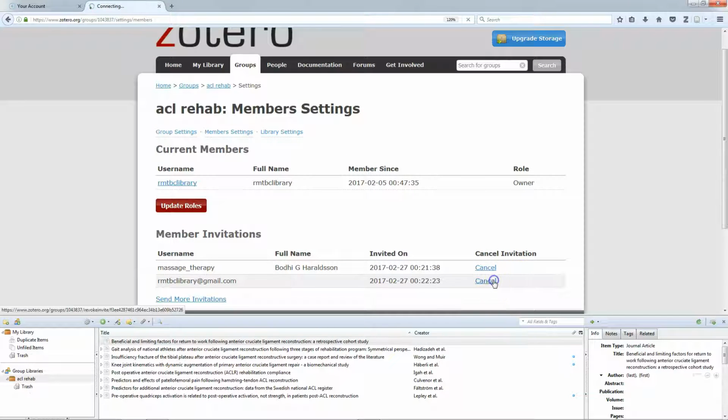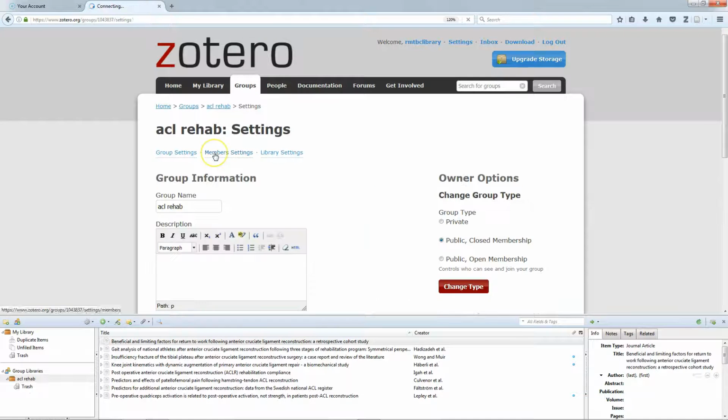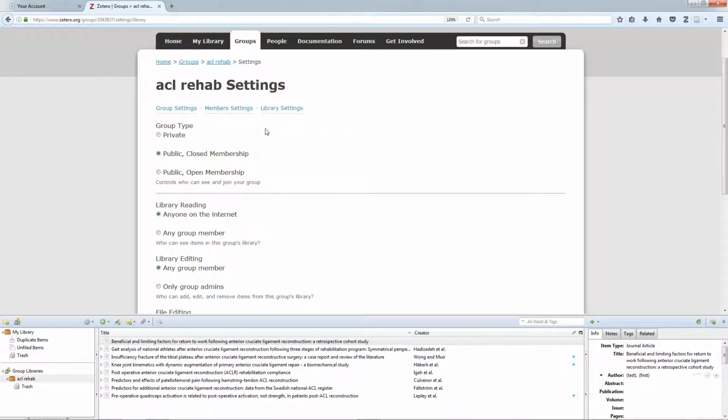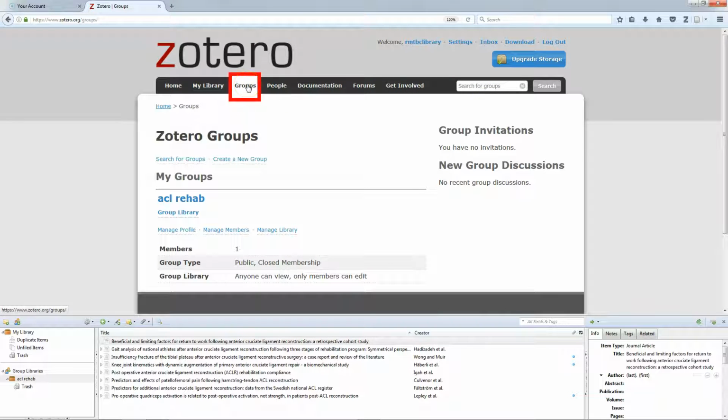As you can see, there's a link to cancel invitations. You can go to Member Settings to change those at any time. You can change a group's privacy level by clicking Library Settings to view these options. You can click your Groups tab at any time to see your groups. Click the name of the group,